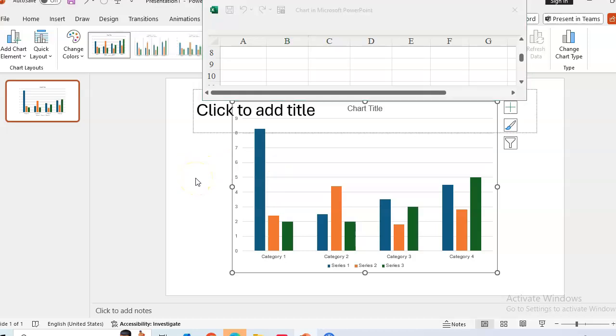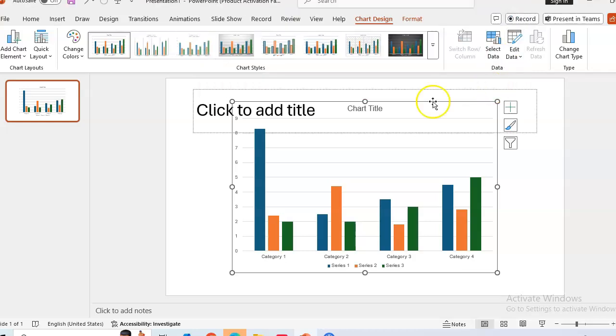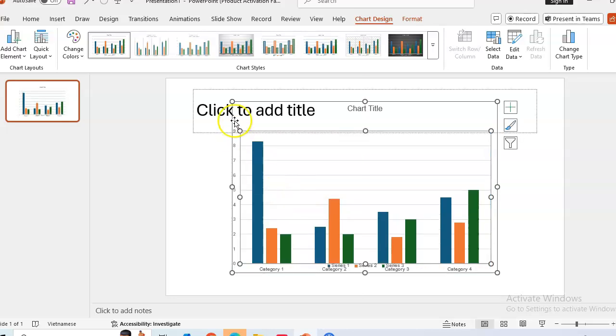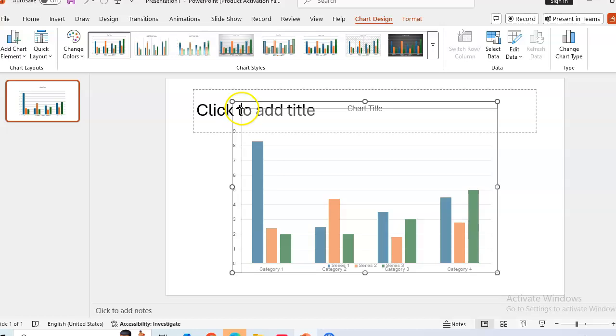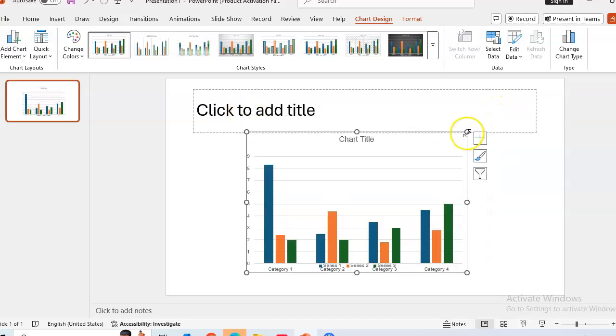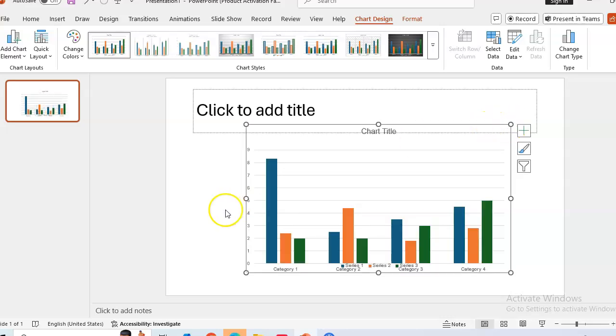Yeah, and then after you edit the information, just close this window, and this is here. Just you can move it down, or here you can decrease the size. Here you can increase the size. Yeah, this is what you need to do if you want to know how to create a column chart in